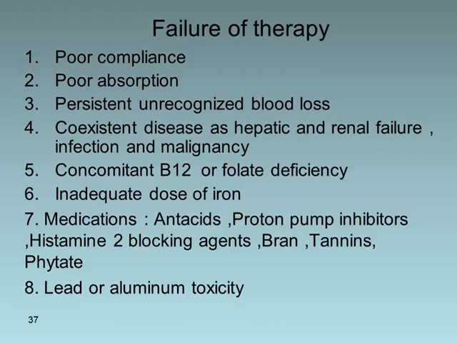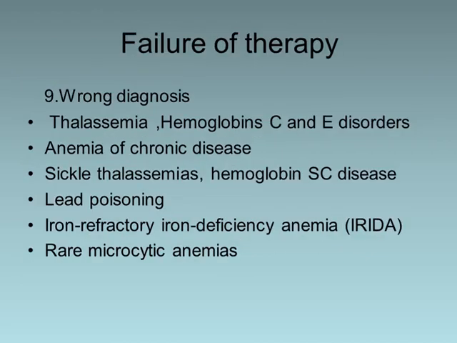The use of certain medications that interfere with iron absorption, including antacids, proton pump inhibitors, histamine 2 blocking agents, bran, tannins, and phytate, associated lead or aluminum toxicity, wrong diagnosis such as thalassemia, hemoglobin C and E disorder, anemia of chronic disease, sickle thalassemia, hemoglobin SC disease, lead poisoning, and iron-refractory iron deficiency anemia, and other rare microcytic